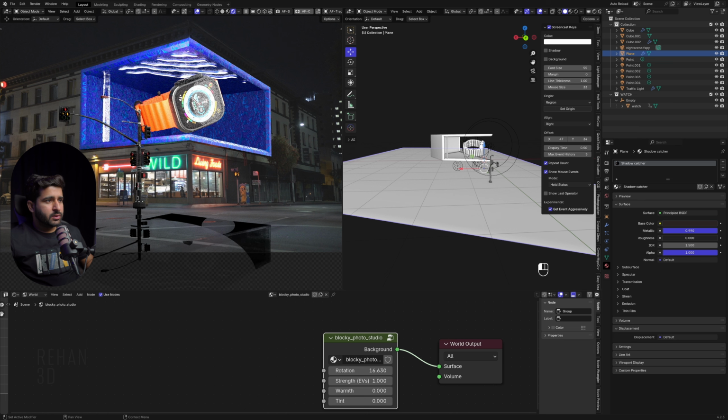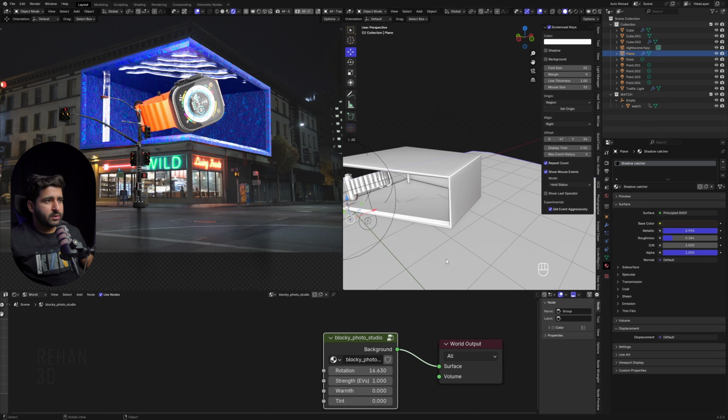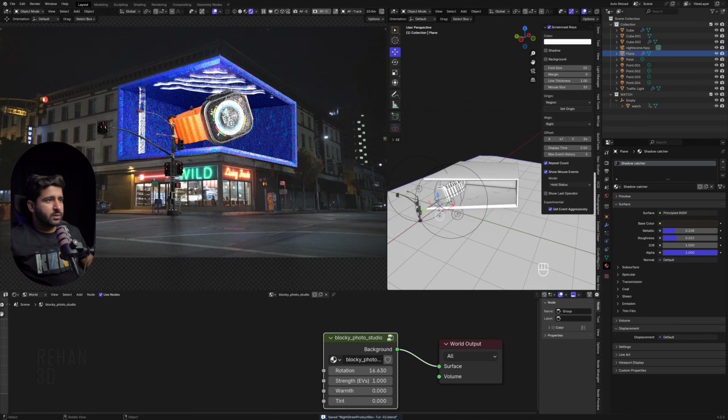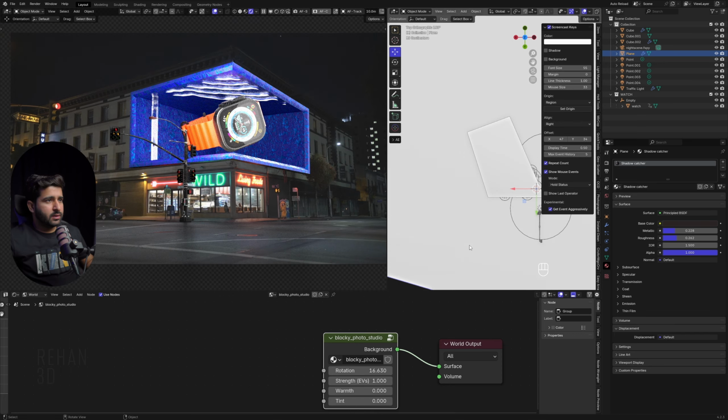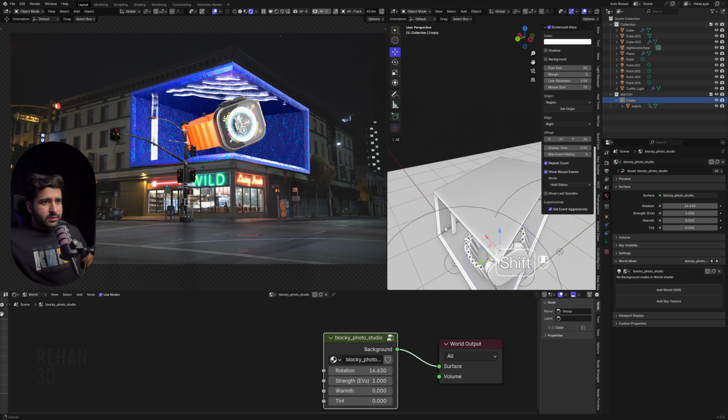Now you can see we are getting good shadows, and you can remove them if you don't want them, but I will keep them. This is giving me good results. And now don't forget to keep saving your Blender file. So save.